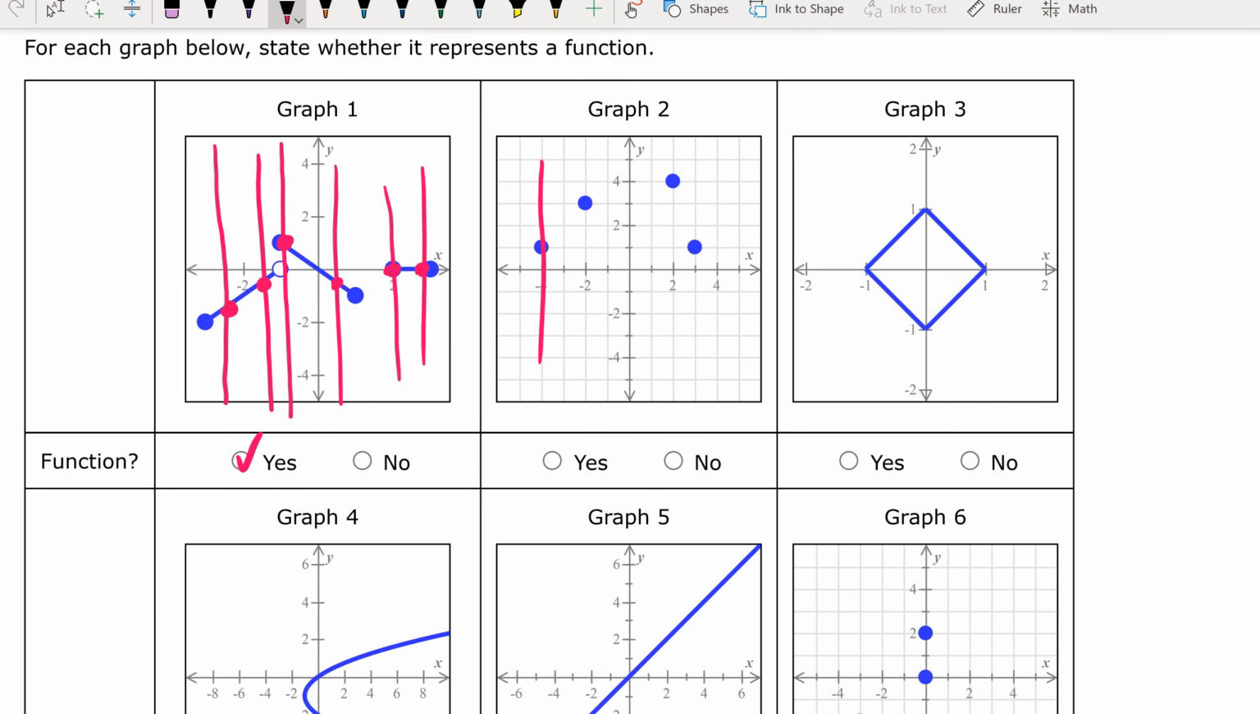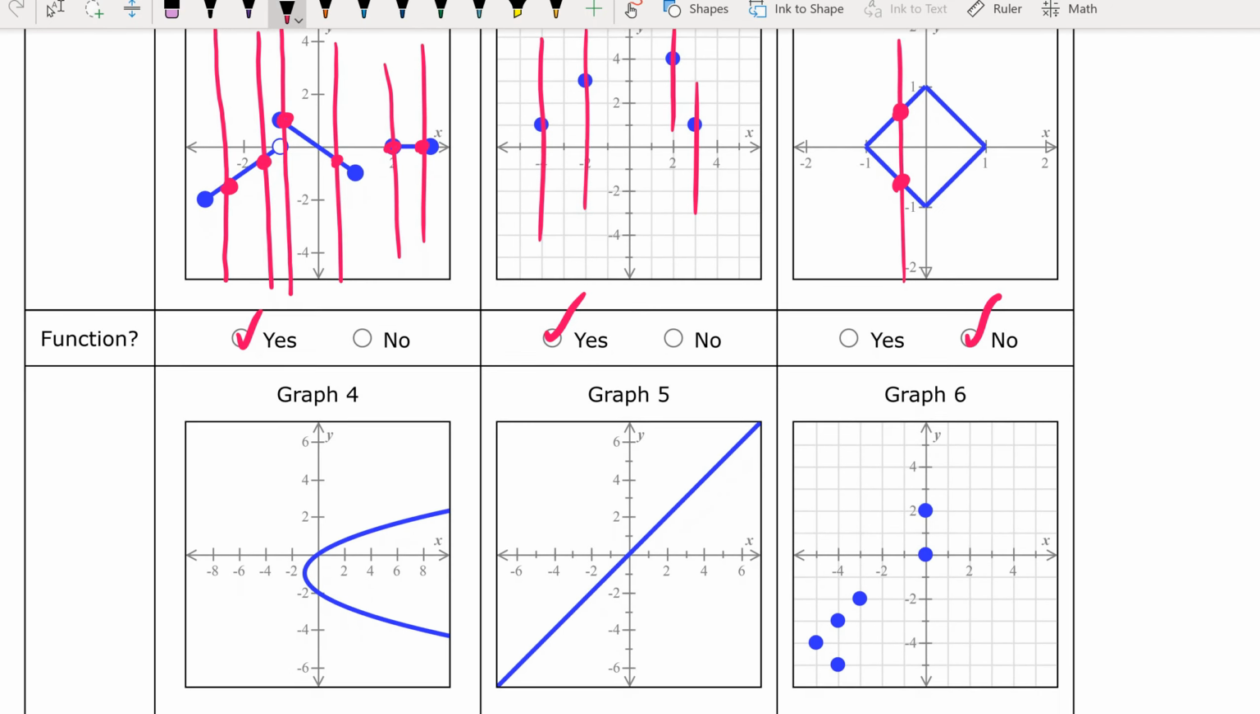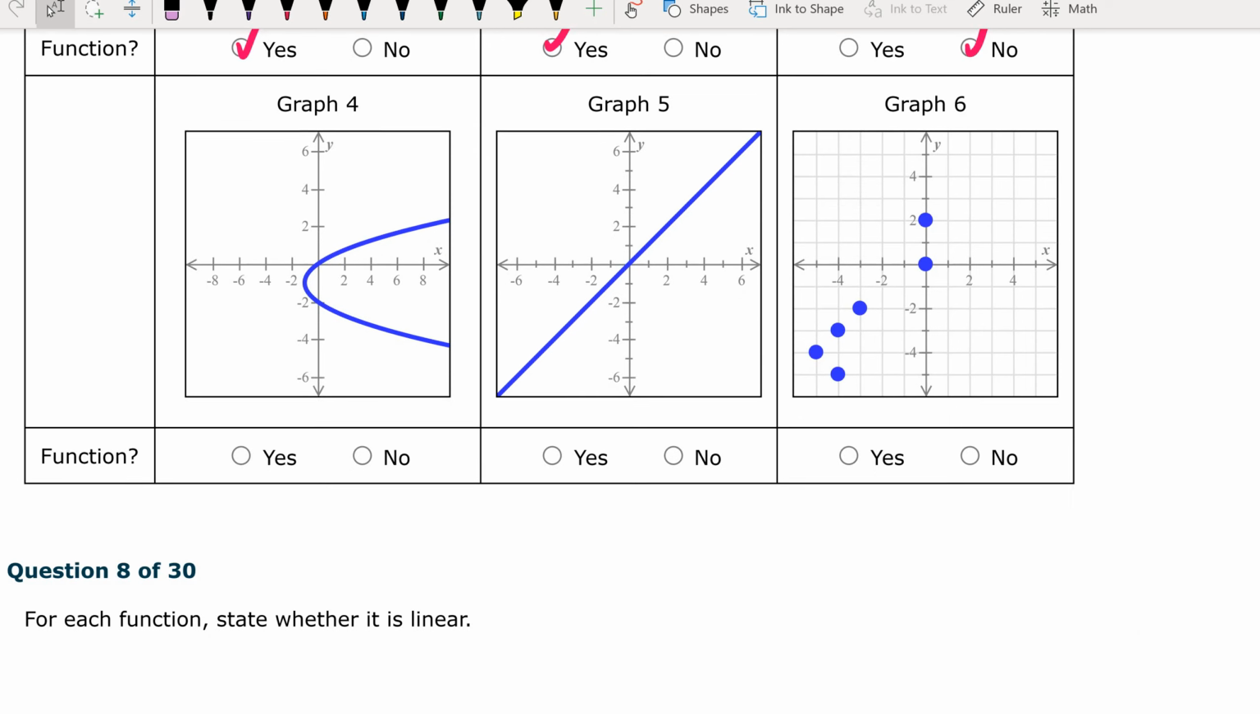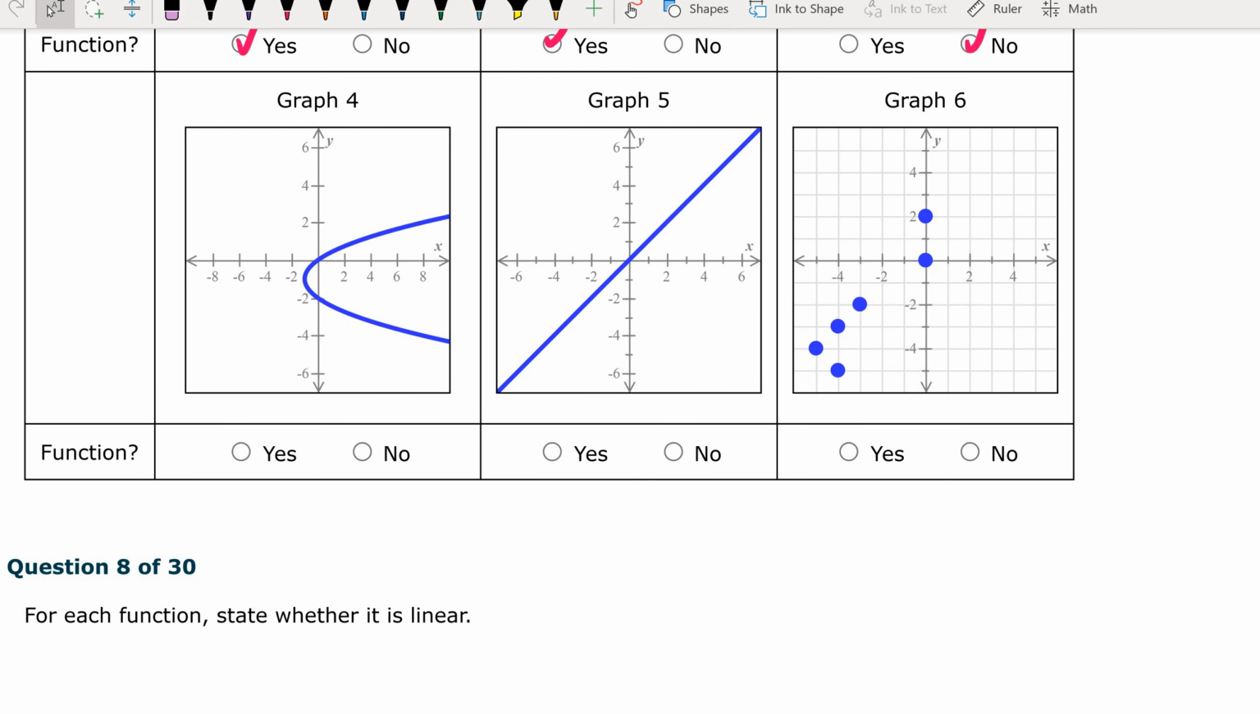Same thing with graph number 2. You draw the line, it crosses at 1 point each time. So yes, it is a function. Number 3, if you draw a vertical line, it crosses at 2 points. This is already a no, it's not a function because it crosses more than 1 point. Okay, if you understand that, go ahead, pause the video, try number 4, 5, and 6, and then check the